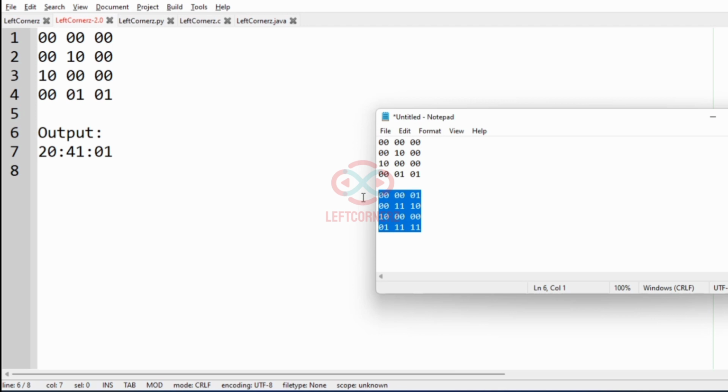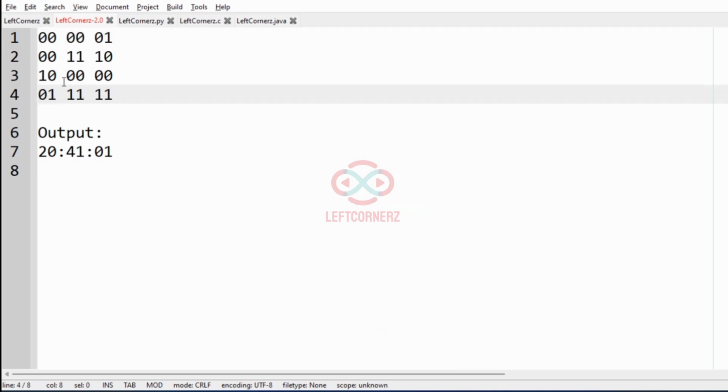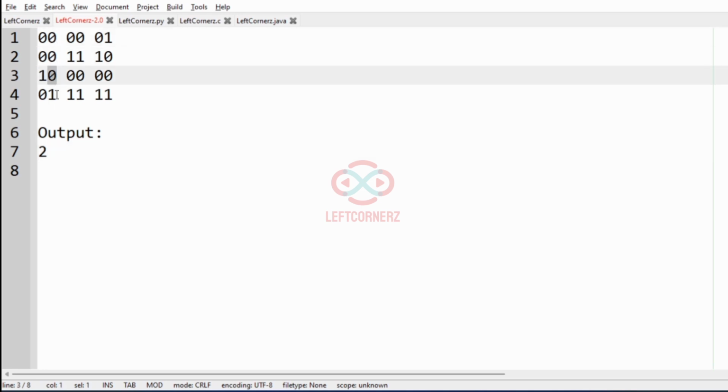Now let us consider our second test case. In this test case, the first column we have 0, 0, 1 and 0, so this is the binary representation of the number 2, and the second column is 0, 0, 0, 1, and this is the binary representation of the number 1, and then space, so we will be printing colon, and then the next number is 0, 1, 0, 1, so the number is 5,